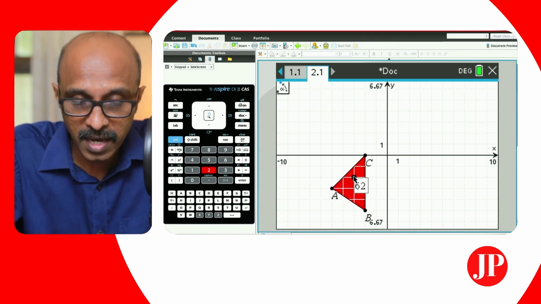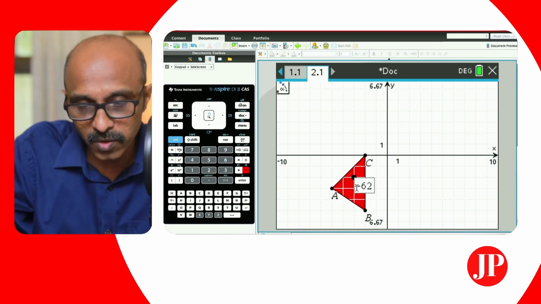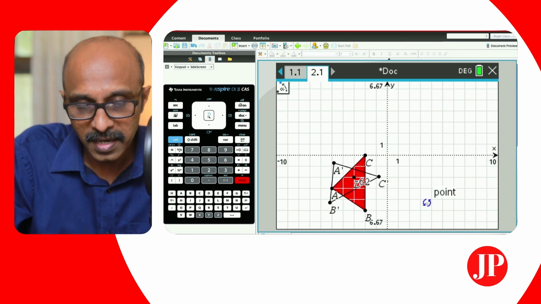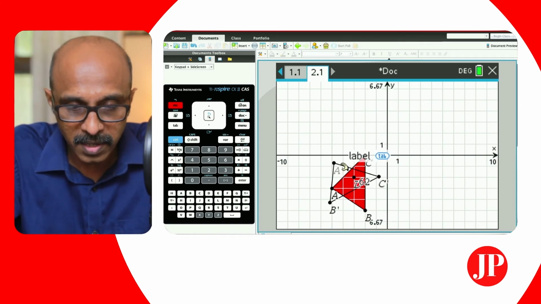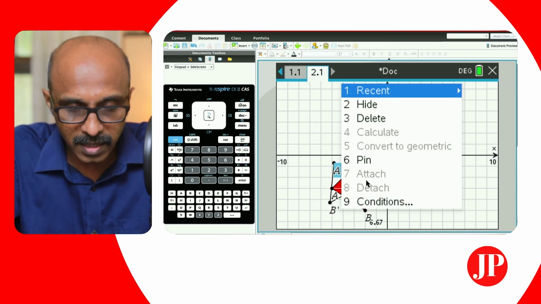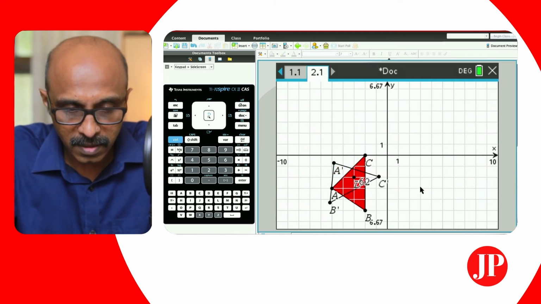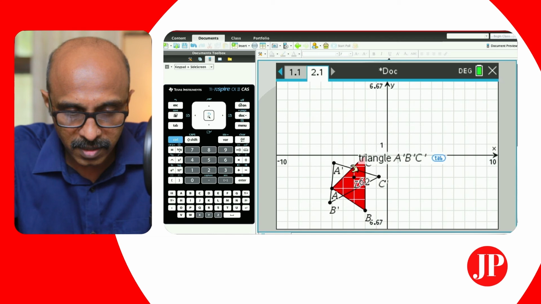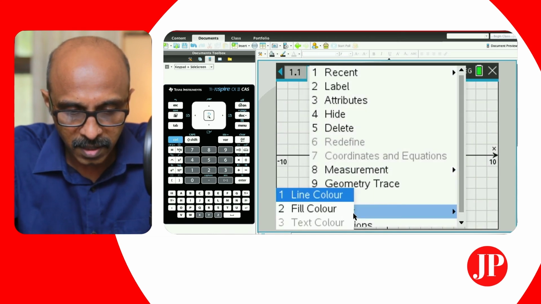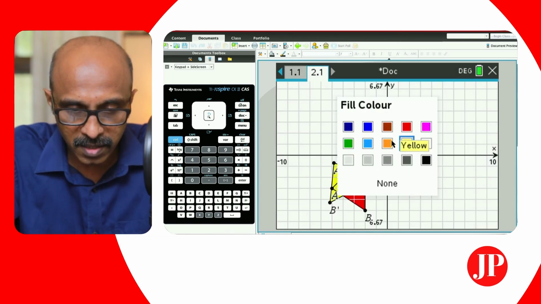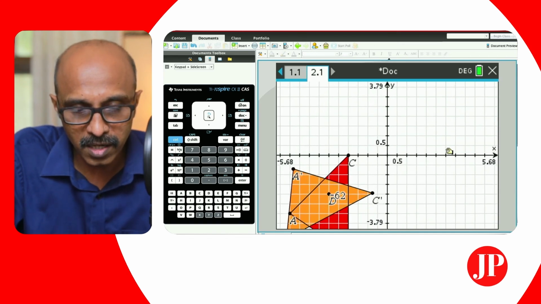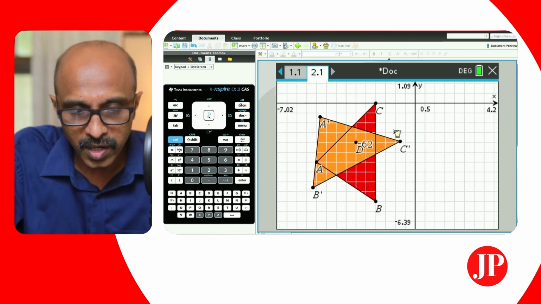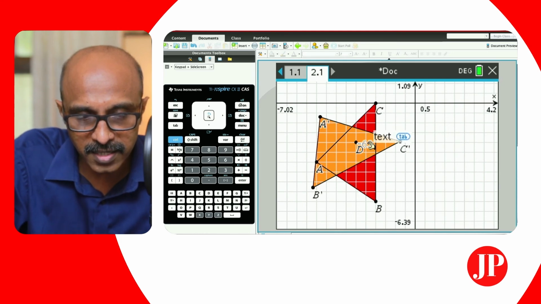Okay, so 62 I've said. And remember I said negative. So it has to go clockwise. So negative is to do clockwise. And there when you hit enter, it's rotated. All right, so I'm just going to hit escape to get off that tool. And here we go. Let me just color that. So the triangle, okay, that's the triangle. Color the triangle, fill it with an orange color this time. So the orange triangle, okay, let me zoom in a little bit. The orange triangle is the rotated triangle, and that says -62.